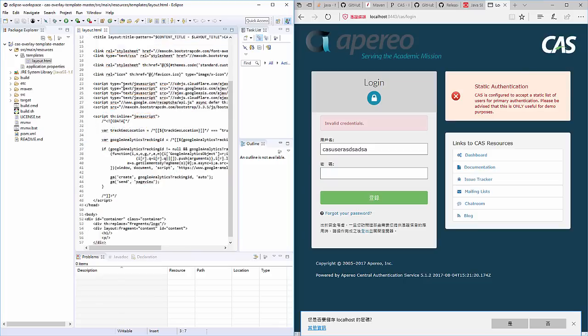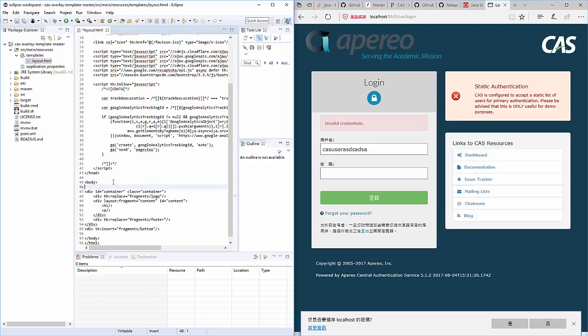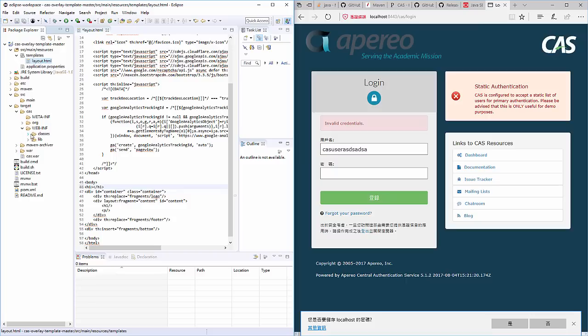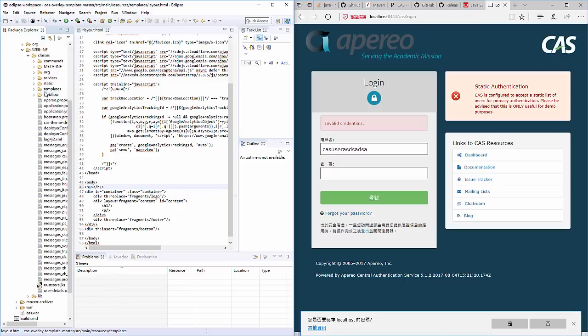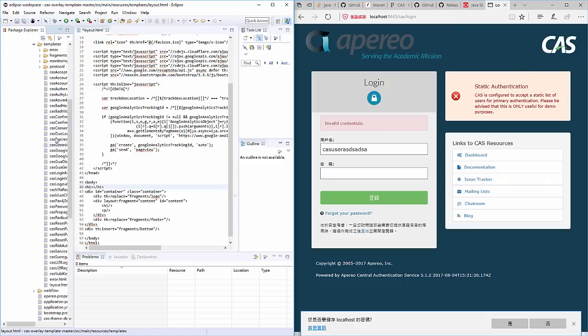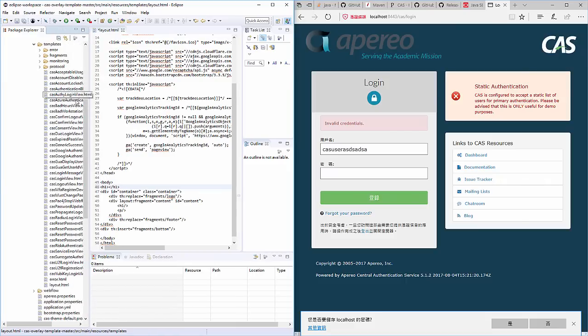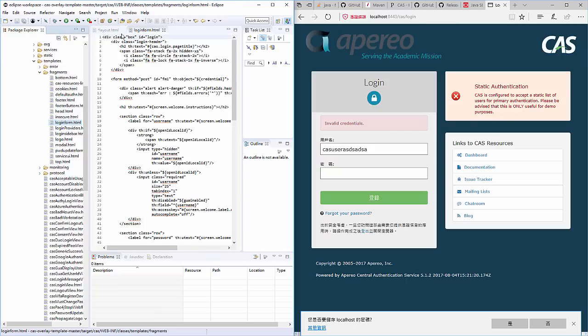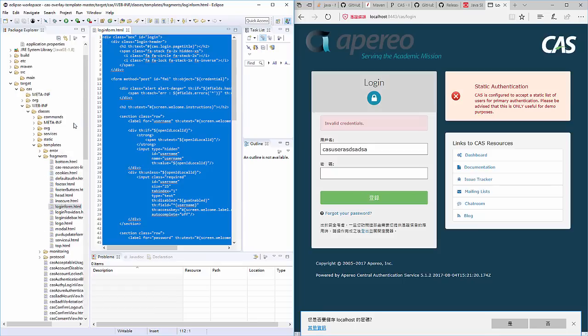Let's put something here, for example, h1. This is not a really good idea. Let's do something else. This will be a good idea. Let's go to here, and I want to grab something that will be viewed at the very first instance. There's a lot of things here, but the thing that will be shown to the user at first login is actually this login form here. So if I just don't save, just copy this one,